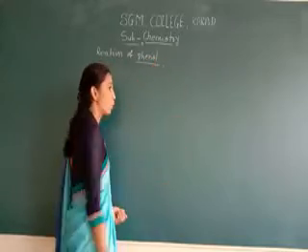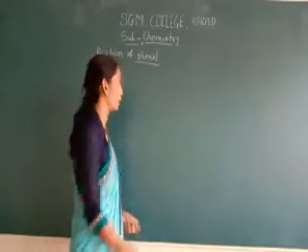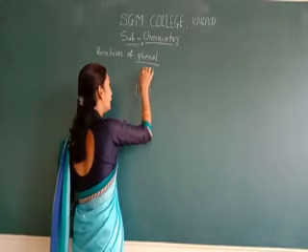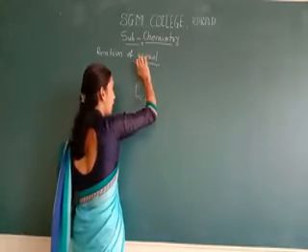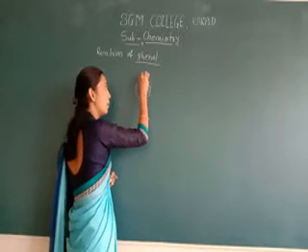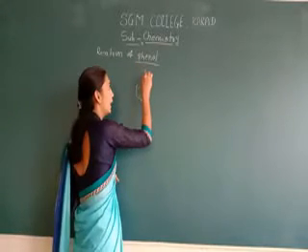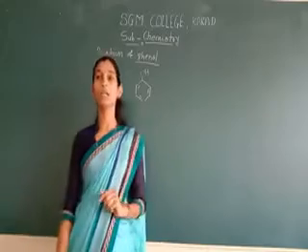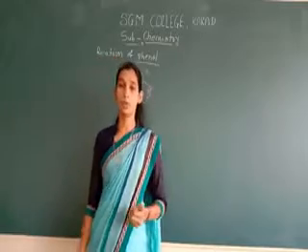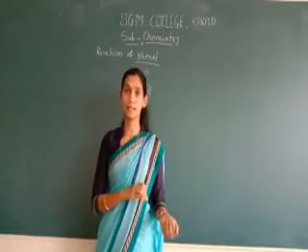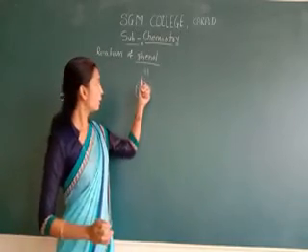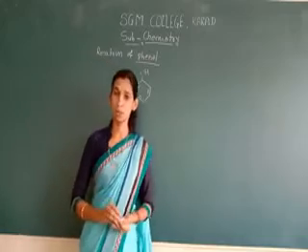Phenol shows the electrophilic substitution reaction. Phenol has an OH group attached. If we take away this OH group, then that is our benzene. As compared to benzene, phenol shows electrophilic substitution reaction due to the presence of this OH group. Benzene is neutral in nature, so phenol shows the electrophilic substitution reaction.